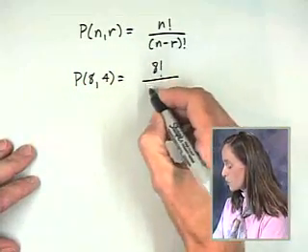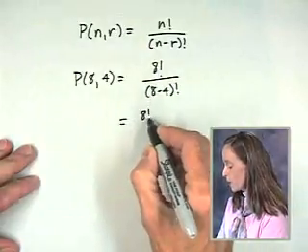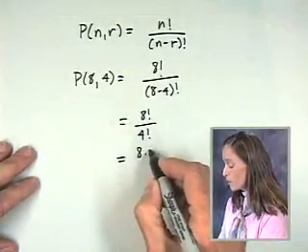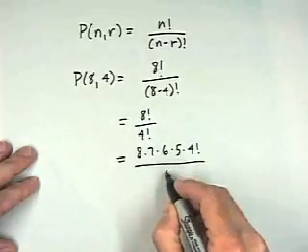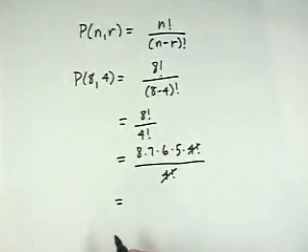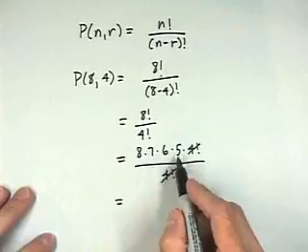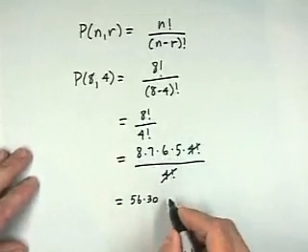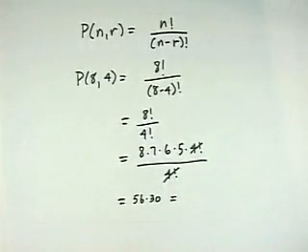That's 8 factorial over 8 minus 4 factorial, or 8 factorial over 4 factorial. Writing out 8 factorial, I can simplify the 4 factorial with the denominator. The final result is the number 8 times 7 times 6 times 5. That's 56 times 30. Let's get the answer on our calculator, and then we can also check this by doing a